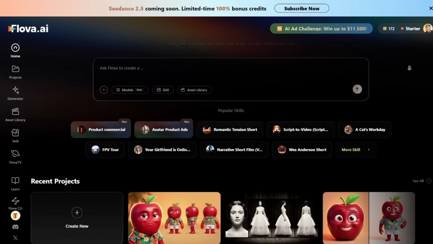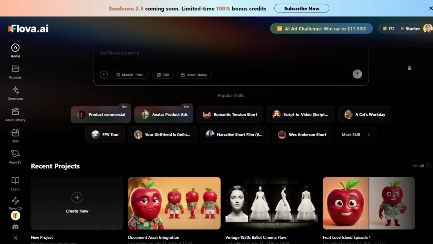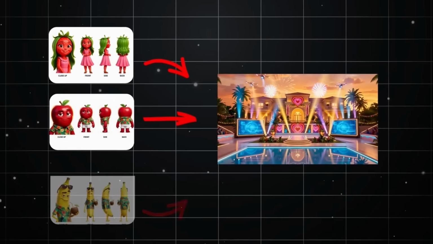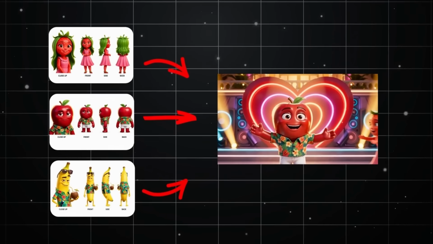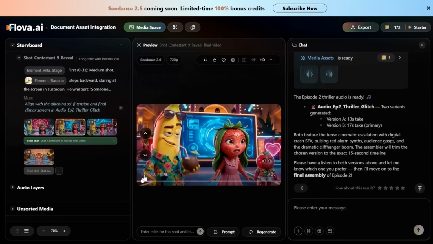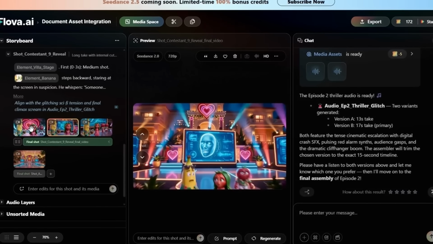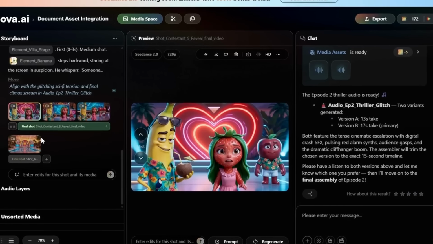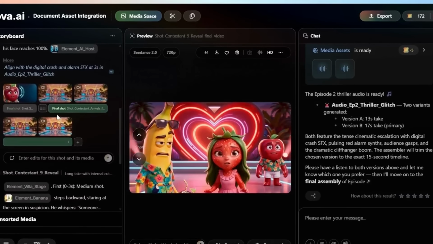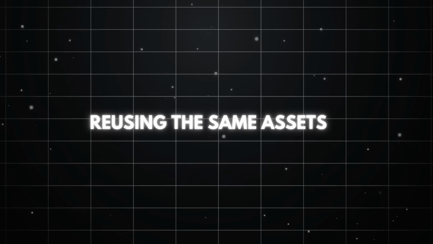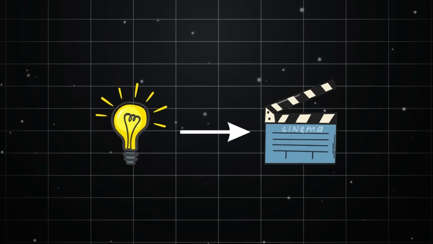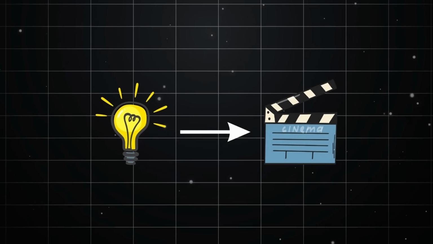In this video, I found an AI platform that helps simplify my entire AI series workflow. My characters remain consistent, every scene follows the same production style, and I can continue expanding the story using the same creative foundation, from creating character references, organizing the storyboard, revising individual shots, and reusing the same assets for future episodes. I'll show you how to turn one idea into a complete AI series.